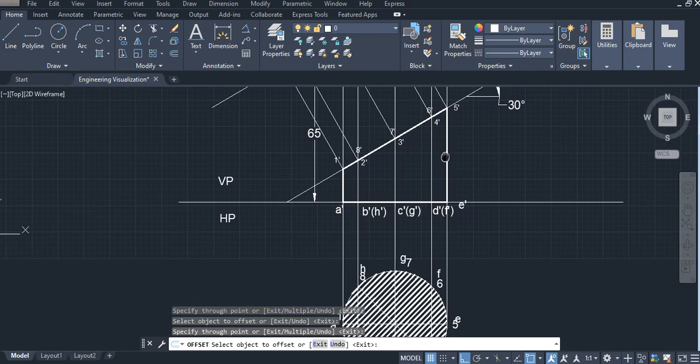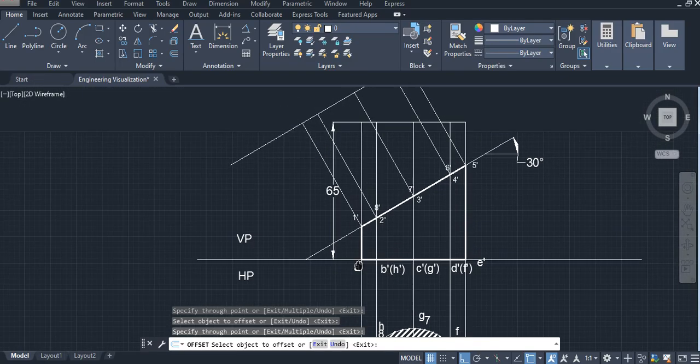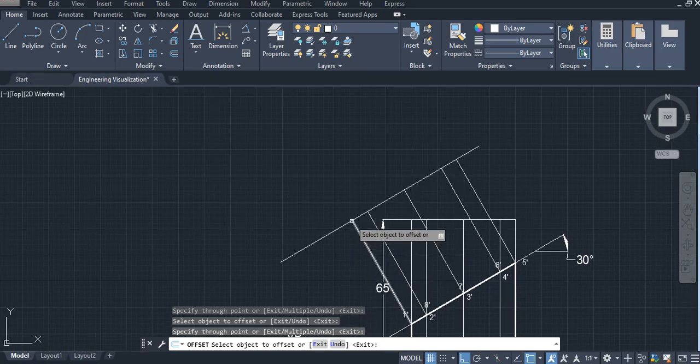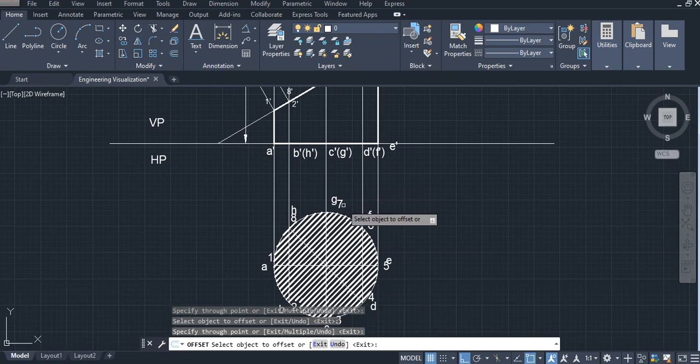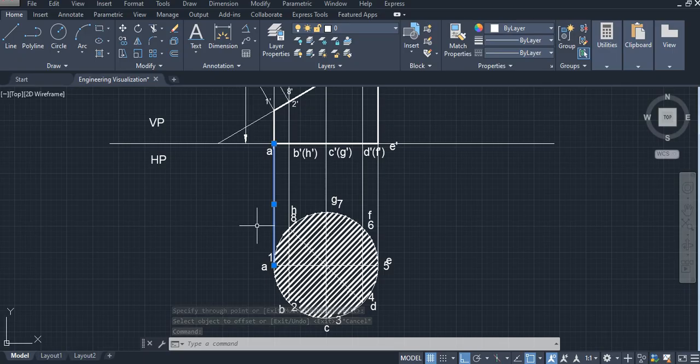Then we need to measure from this reference line to this 1 up to 8 points that are there now. So these points we have to measure from this reference line. Then we have to mark it from this reference line to here. So for that, you just copy this line from here to here. One point is there now. So just copy this line